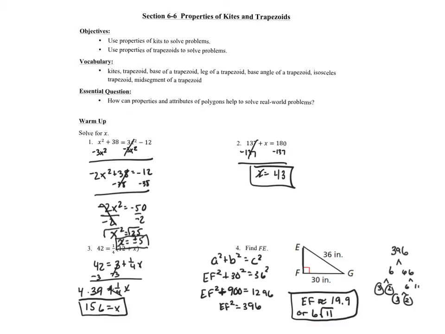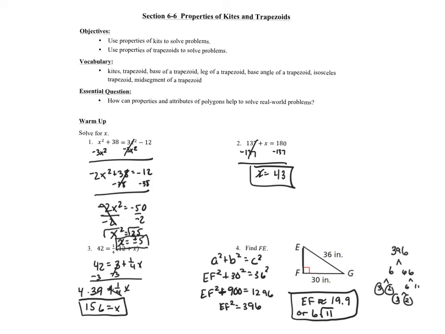Okay, so number 1, I got x is plus or minus 5. Remember when we take the square root, it's actually positive or negative. Number 2 is x equals 43. Number 3 is x equals 156. I distributed that 1/4 to both terms to get started. And for number 4, I used Pythagorean theorem, and I got about 19.9, or 6 radical 11 if you simplify